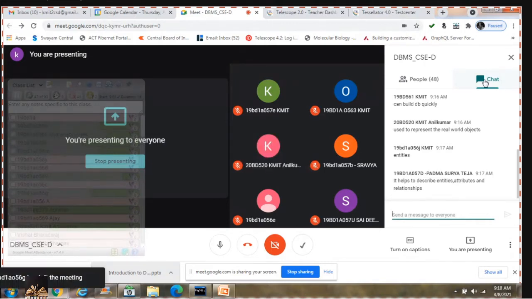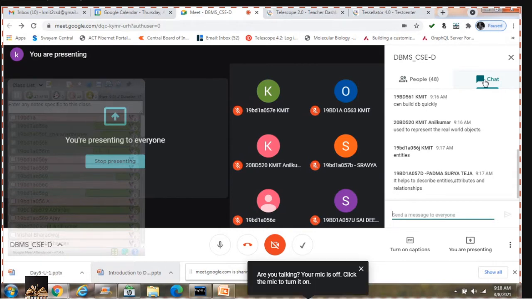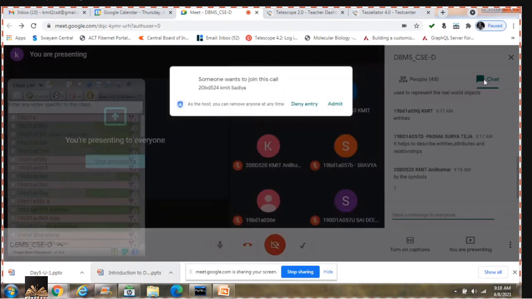Okay. Surya, I'll just ask you how you are able to determine what an entity is, what an attribute is from a given scenario. By the symbols.